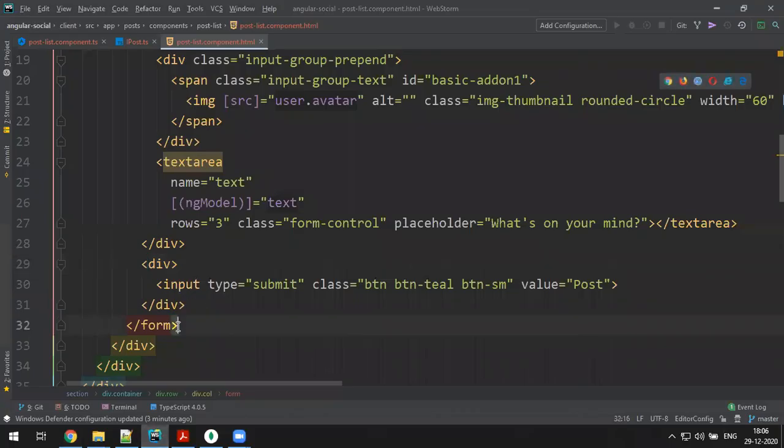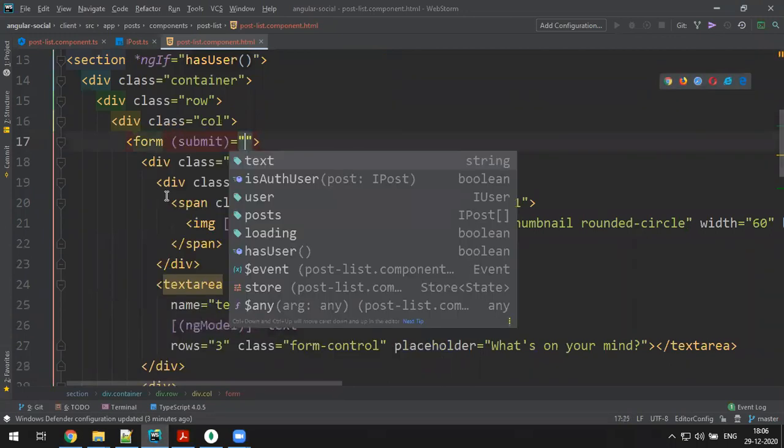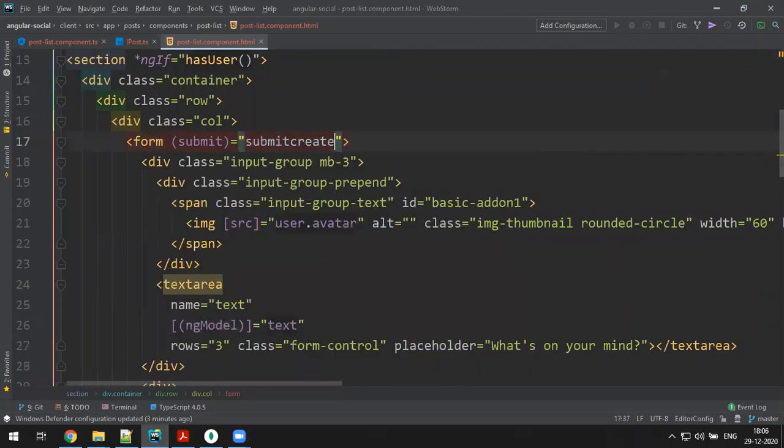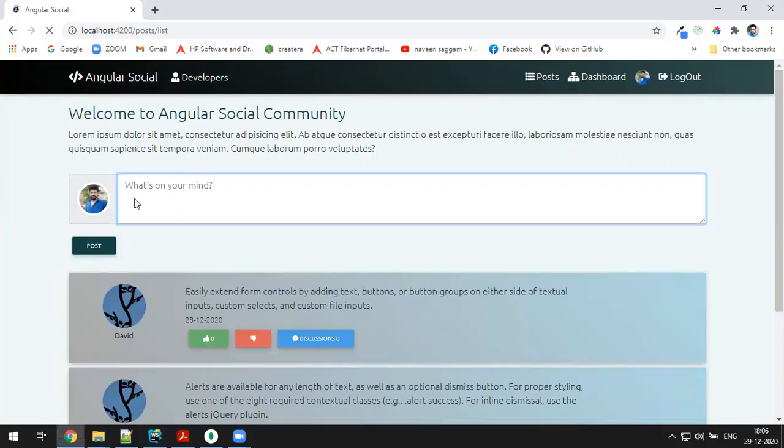Here in the form, I'll say submit, create post. Let me create this method: public submit create post. Here you have to dispatch an action to create a post by passing the text.